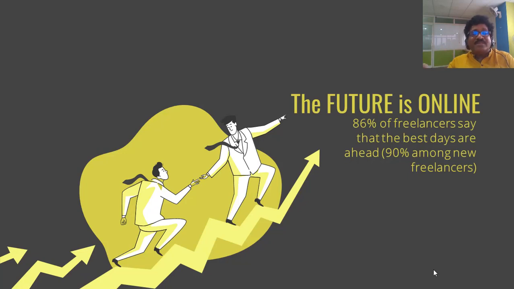So do you agree with this statement that the future is online for all of us? I am sure you agree with that. Whether we agree or not, this is going to remain the reality, and we have to adapt to the rapidly changing environment around us. Because remember, Charles Darwin proposed this years back, survival of the fittest. Only those who are able to quickly adapt to the changes in the environment will survive.